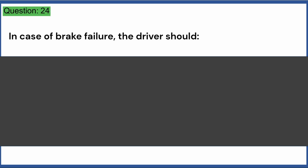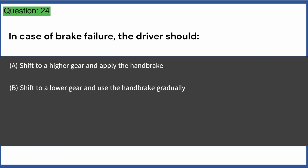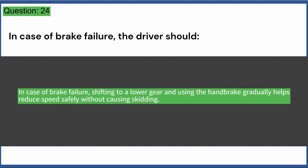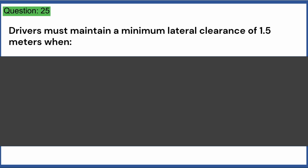In case of brake failure, the driver should: A. Shift to a higher gear and apply the handbrake. B. Shift to a lower gear and use the handbrake gradually. C. Turn off the engine immediately. D. Honk continuously to alert other drivers. Answer B. In case of brake failure, shifting to a lower gear and using the handbrake gradually helps reduce speed safely without causing skidding. Drivers must maintain a minimum lateral clearance of 1.5 meters when: